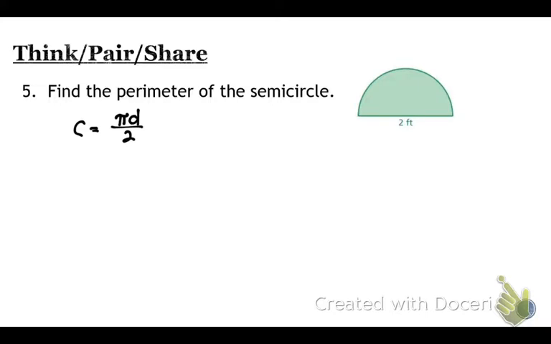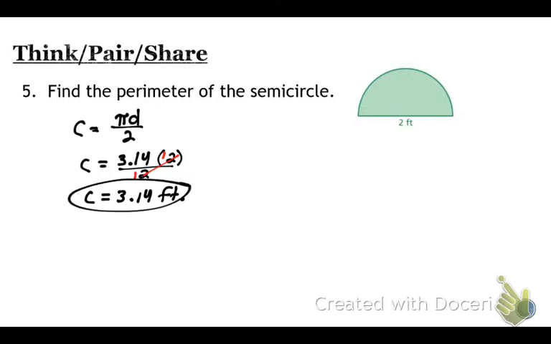So guys, what am I going to use for pi? 3.14. What's my diameter? 2. Divide it by 2 because it's a semicircle. What can I cancel out? The 2's. Both of those 2's become 1. So what am I left with? 3.14. All right, so the circumference is 3.14